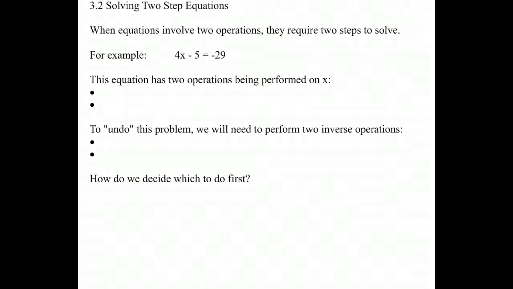Okay, we're going to talk about solving two-step equations. Two-step equations are when it requires two steps to solve the equation. The first type of a two-step equation that we'll look at is an equation that has two different operations. If we look at our example, 4x minus 5 equals negative 29, this equation has two operations